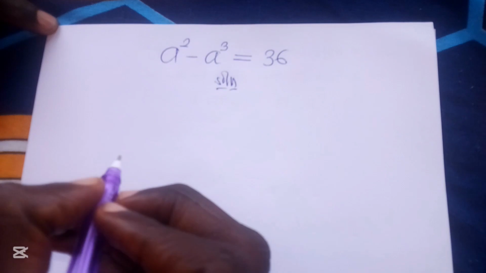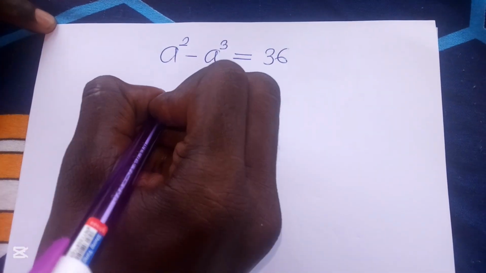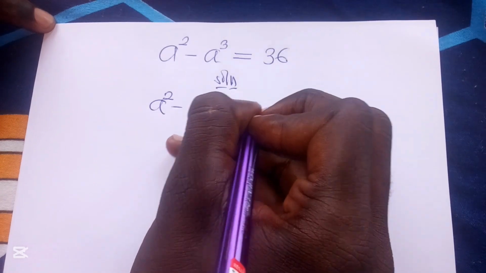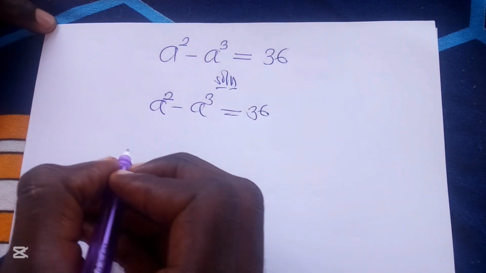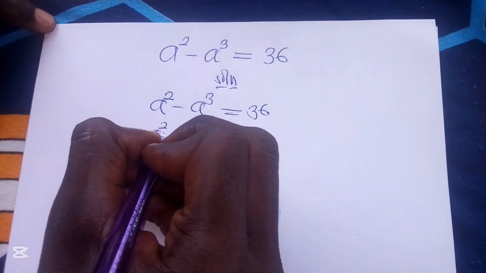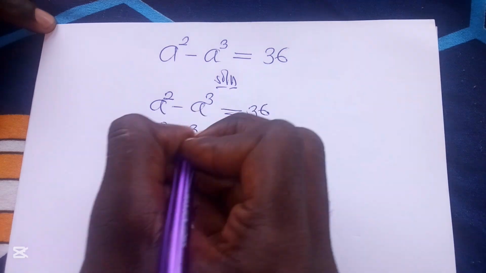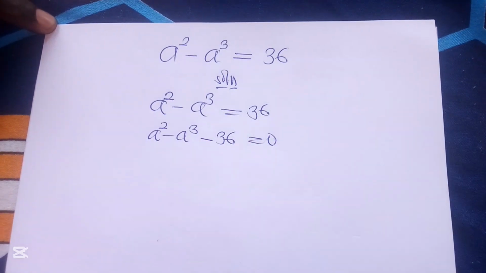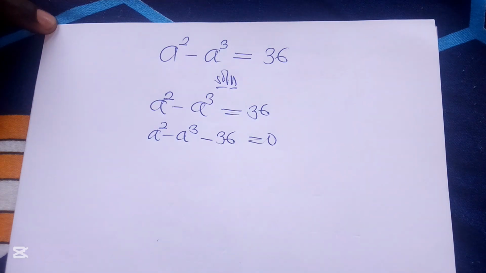Now we say, since we are given a raised to the power 2 minus a raised to the power 3 equals 36, when this one is moving, I'm going to have a raised to the power 2 minus a raised to the power 3 minus 36 equals 0. Now, the next step that I have to take here, we know that